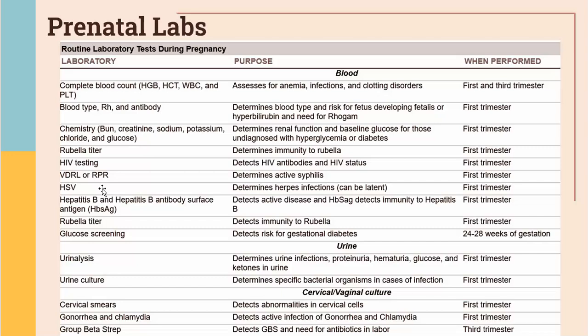So, prenatal labs are another part of your prenatal assessment that you're going to have to understand. Most women are going to get a complete blood count as soon as possible. They're assessing for anemia, infections, any kind of clotting disorders, blood type, RH, and antibody screen. So you want to know what type of blood someone has, and you want to know any kind of risks